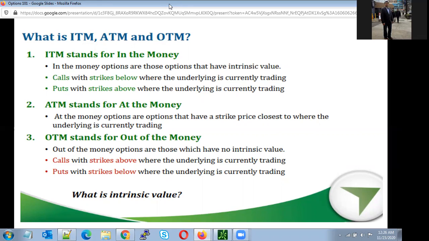So the current price, and I am going above that stock price, that is out of the money. At the money, I am trying to get the same price in the future. I am trying to go under the current price, and I am trying to buy under that price. I have to pay more premium. That is going to be in the money stocks.